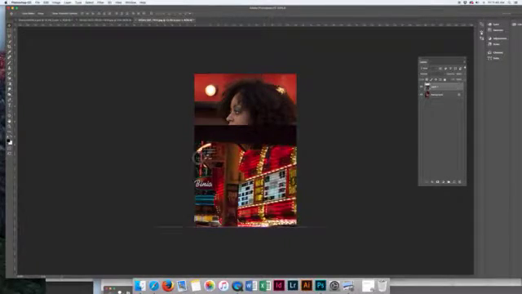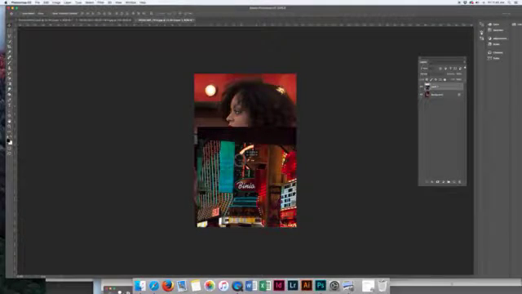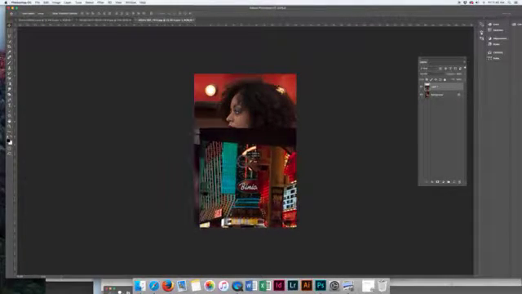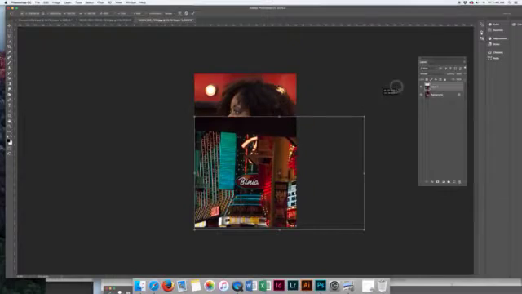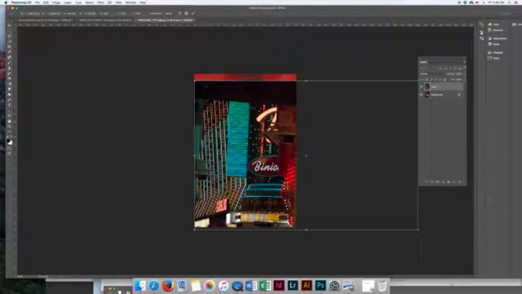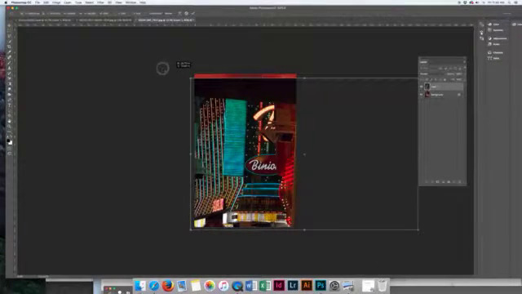Okay, so what do I do here? Same thing I did in that other one, just because I wanted to change the composition a little bit. I'm going to scale it. And again, that would be Command T, or Edit, Transform, Scale. Okay, and again, hold my Shift key, and I decided that this was probably the more interesting area. I'm not sure, I'm going to have to play around with it, but I need to scale it up so that